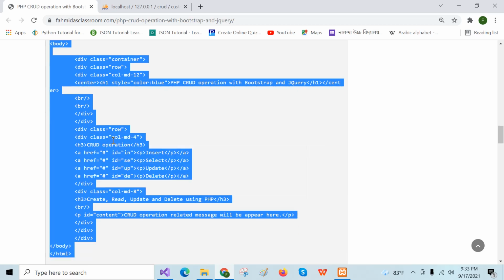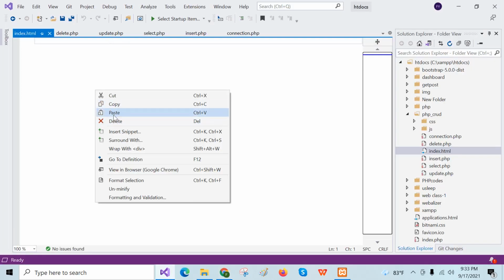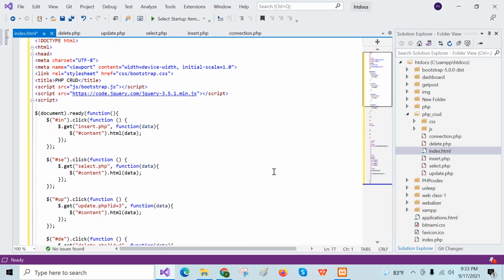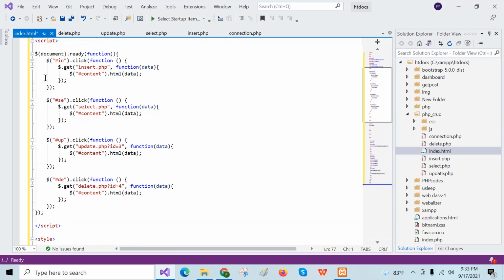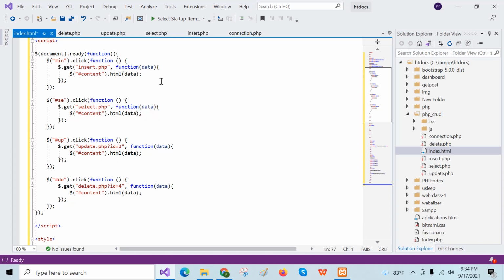Okay, I will add this code into index.html. Here, Bootstrap CSS, Bootstrap JS file are attached, and the CDN of jQuery file is linked here. And this is the jQuery part, and 4 parts are added here for 4 CRUD operations. And this will be used for inserting data, it is for reading data, this is for updating data, and this is